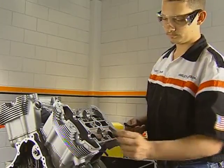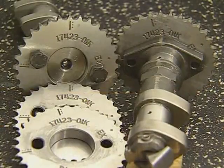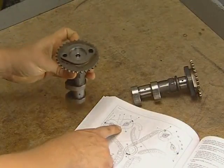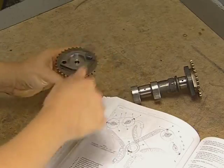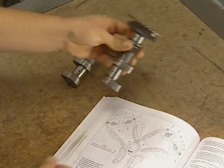Install and torque the 3 remaining smaller bolts in each head. While all 4 camshaft sprockets are the same, they are installed on the camshafts differently, depending on their location. The sprocket boss on the front cylinder sprockets faces out. On the rear, they will face in. You will also need to use the IN and EX marks to position the sprockets on the camshafts if they